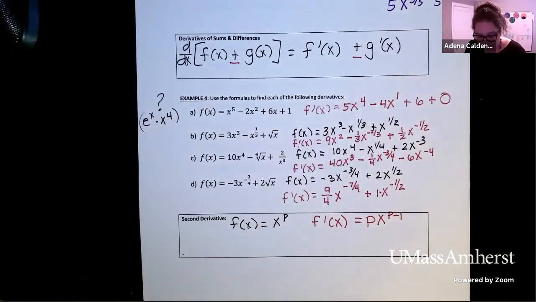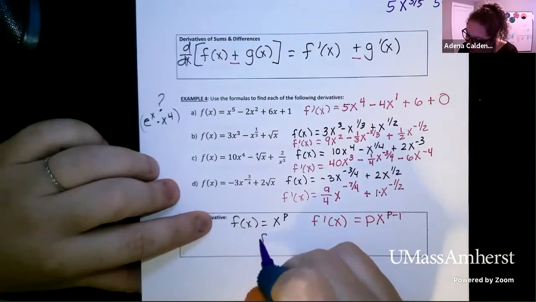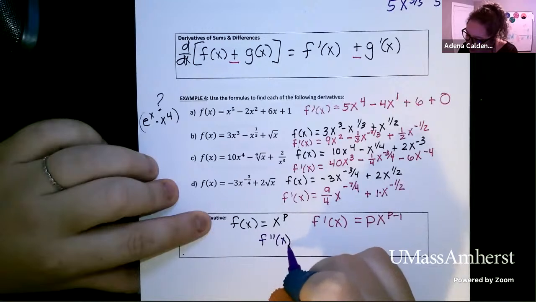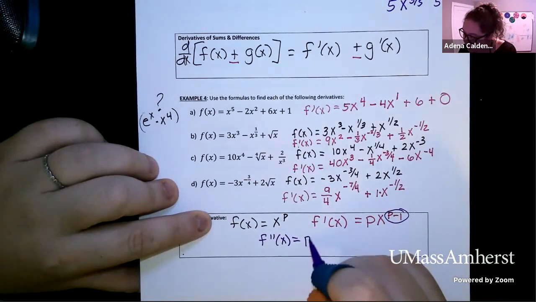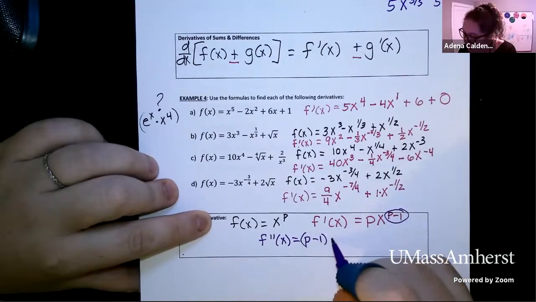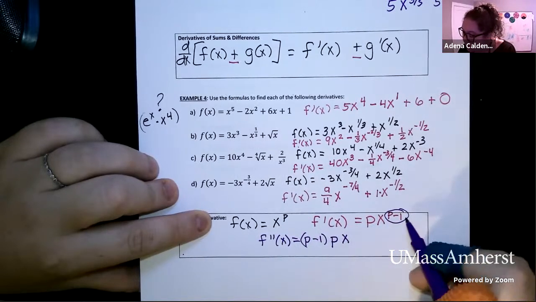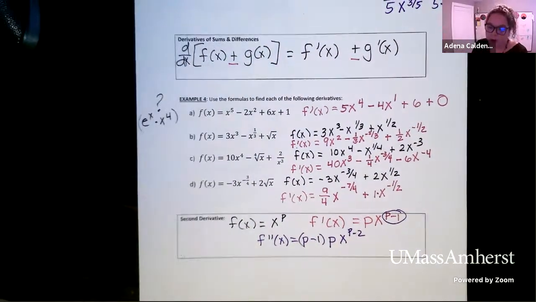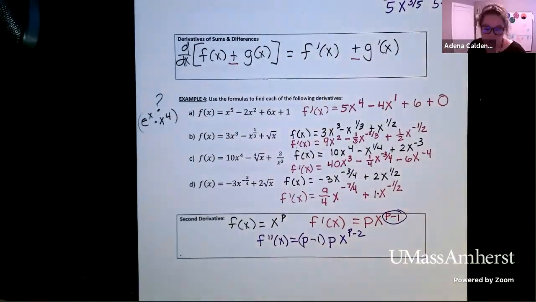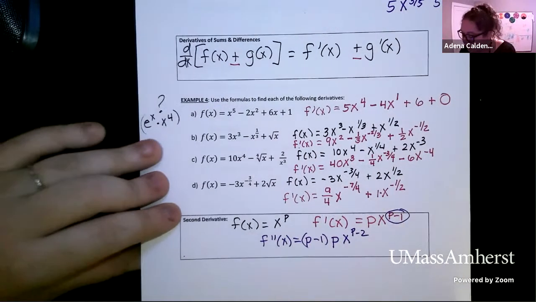Okay, if we want to find the second derivative of a function, we would take the first derivative and use the same rule. So we would take the power, it would come down in front, and then we would subtract another one from the power, right? It looks really goofy when you write the formula like this, but it just means we're applying the derivative rule